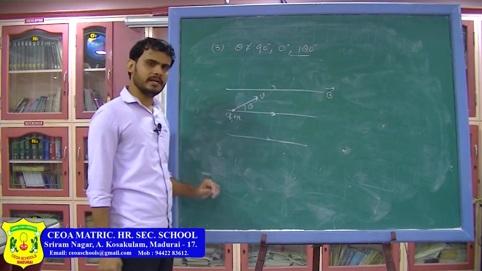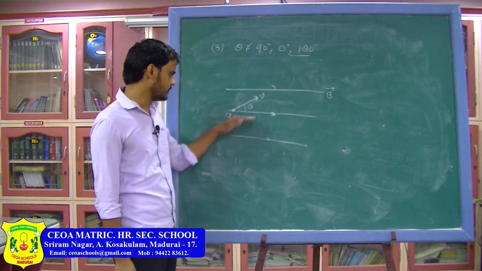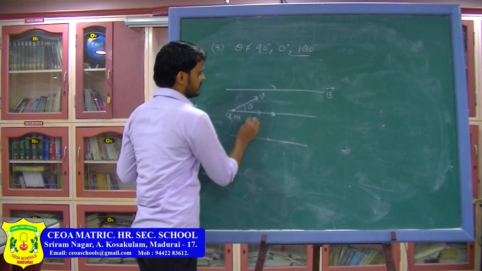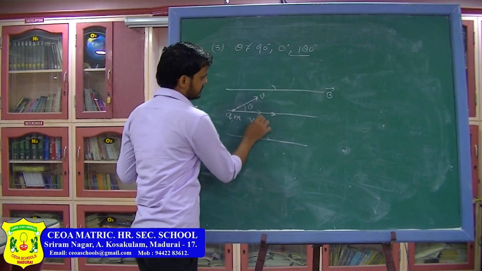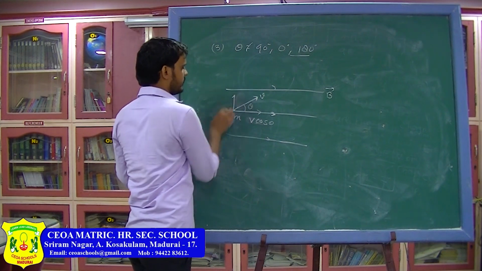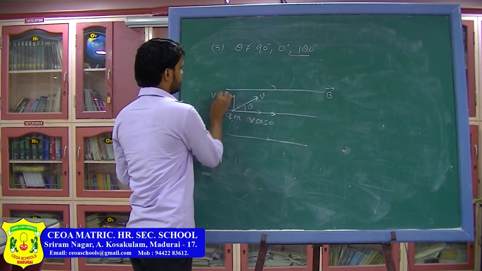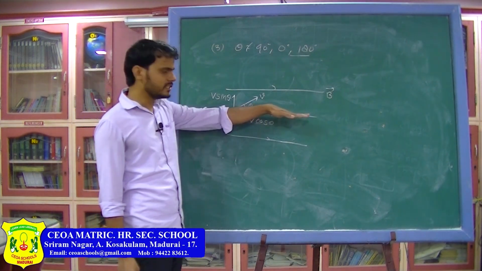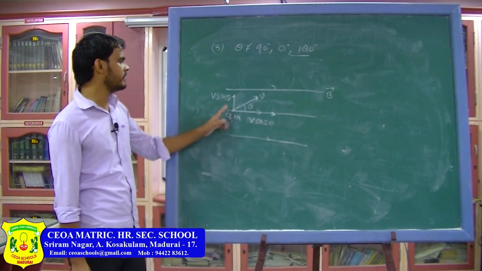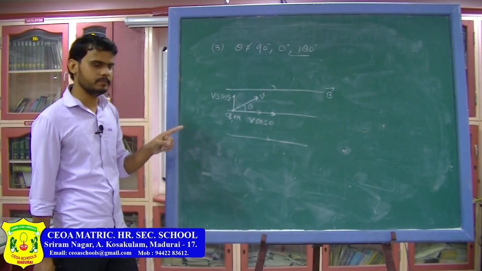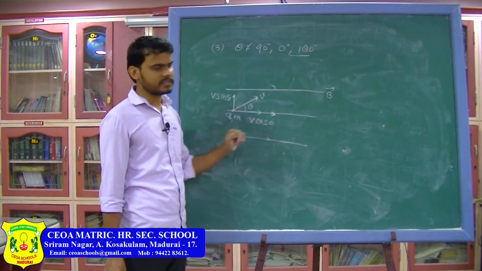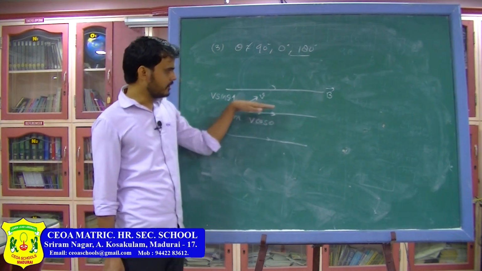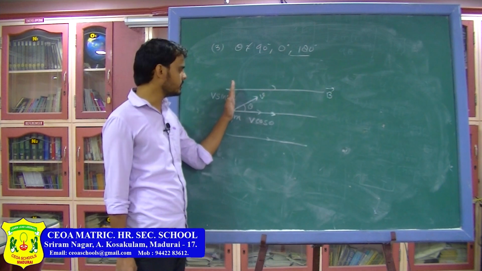So here the particle will have a combination of both motions. What I can do is take two components of the velocity. This component of the velocity will be v cos theta, and this component will be v sin theta. Again we are making use of earlier cases: where the velocity is parallel, the particle will do straight line motion; if the velocity is perpendicular, the particle will do circular motion. But here the velocity is at some angle with the magnetic field, so I can take two components of the velocity, one along the magnetic field and the second perpendicular to the magnetic field.